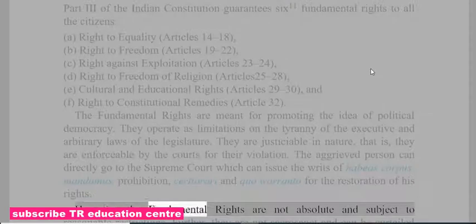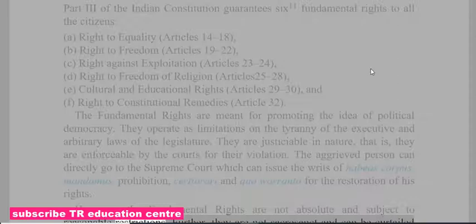However, the fundamental rights are not absolute and are subject to reasonable restrictions. Further, they are not sacrosanct and can be curtailed